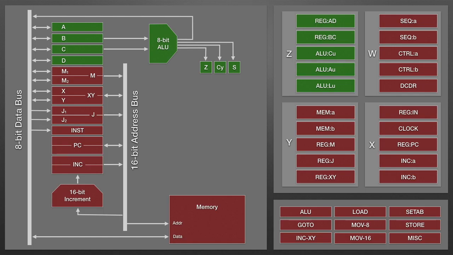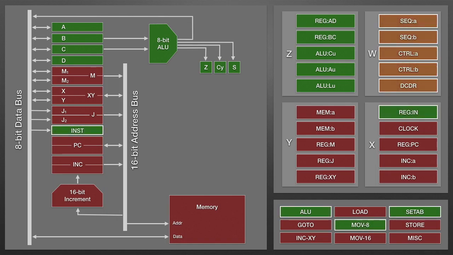Since then I've been busy, not just on this computer, getting it to the state where we can run ALU, SETAB and MOV-8 instructions. This should make the computer a little more interesting to watch, although note, it'll still only be 1 instruction at a time until the memory, program counter and incrementer are constructed. So, if I now update this diagram,